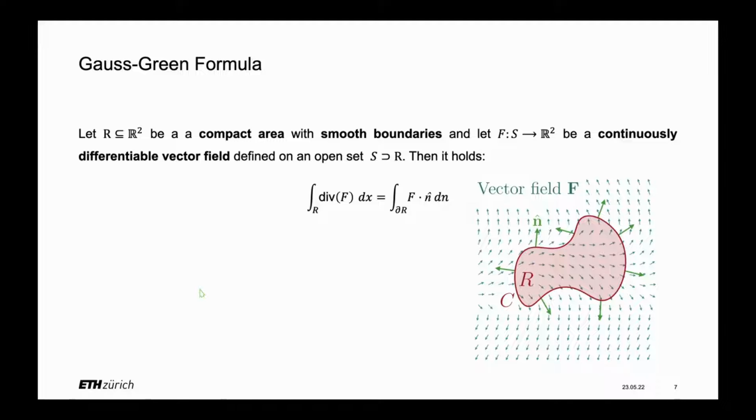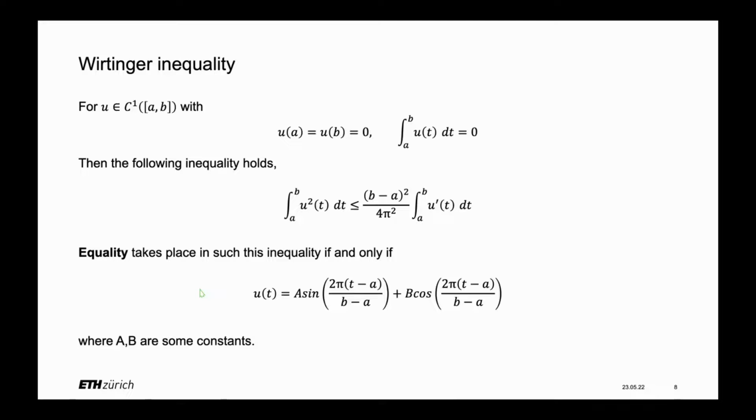Okay? So the next thing is our Wirtinger inequality. What we have here is: let u be an element of C1, with u(a) equal to u(b), which is equal to 0, and the integral from a to b of u(t) dt is equal to 0. This is the condition we will need to apply our Wirtinger inequality. And then the following inequality holds: the integral of u squared of t dt is smaller or equal to (b minus a) squared